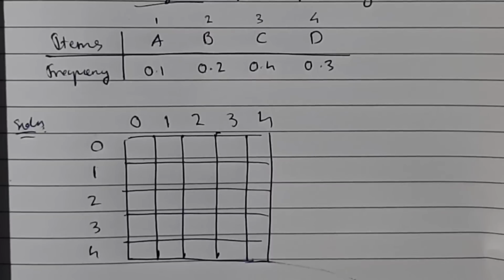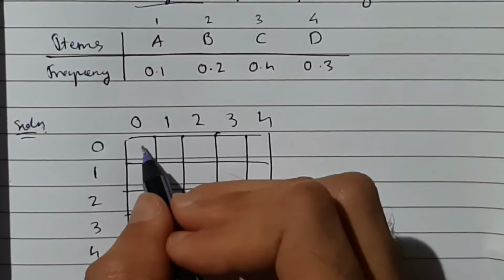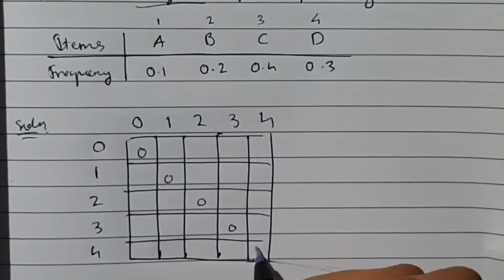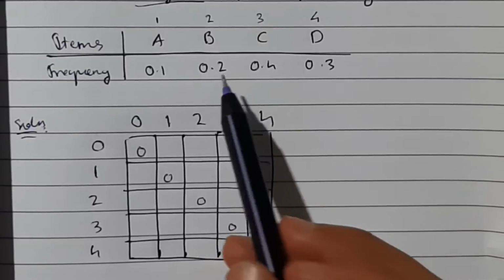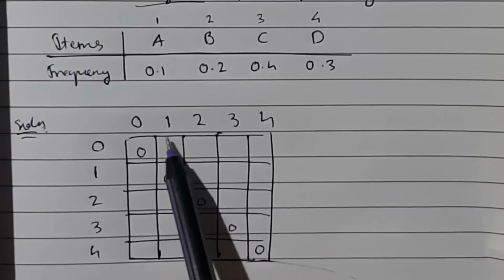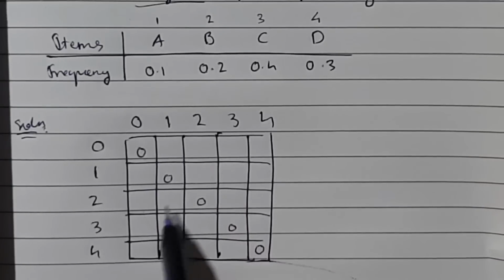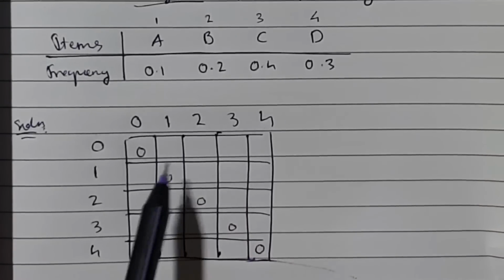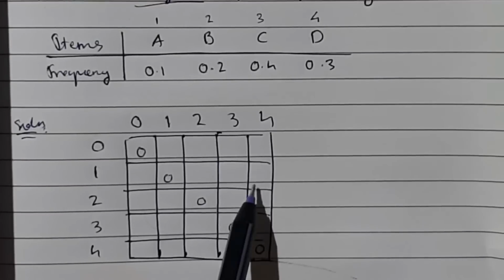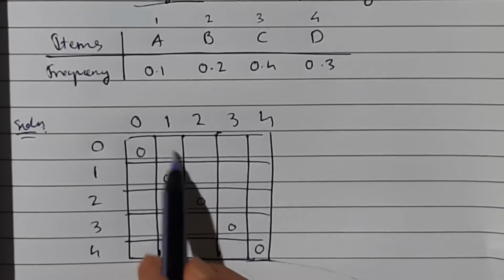After making this table, the first thing what we have to do is we have to fill all the diagonal elements as 0. Okay, so these are the diagonal elements, I'll be filling it with zeros. And in this problem for optimal binary tree, we'll be just considering the upper half of the table. Okay, so here we'll not be filling any values, we'll be filling values in this way. First these 3 elements, then these 3, then these 2, then this one. Okay, so in that way we'll be going on.